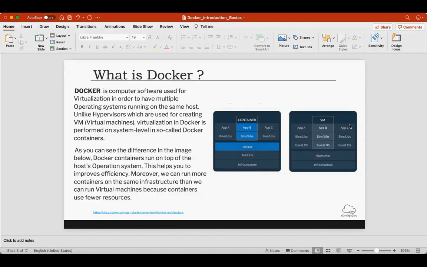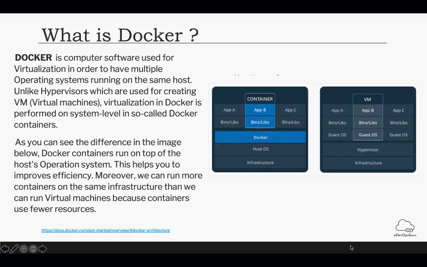Okay. So first, let's talk about what is a Docker and how it is different from others. If we go back to the earlier time when we used to have bare metal hardware, on top of that we used to install an operating system, and that is how things used to work.